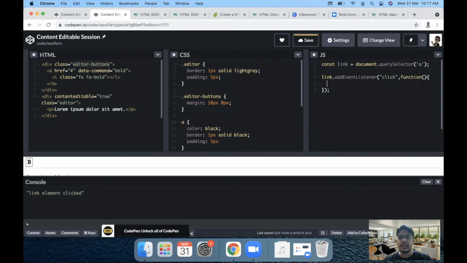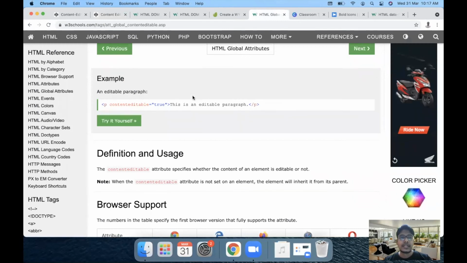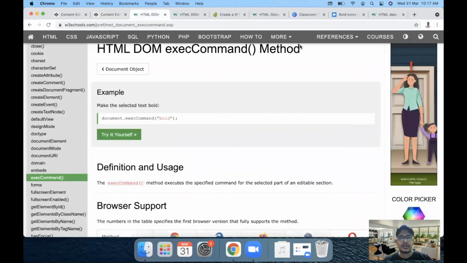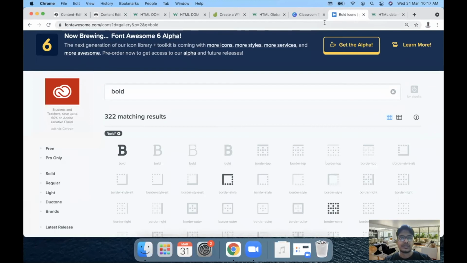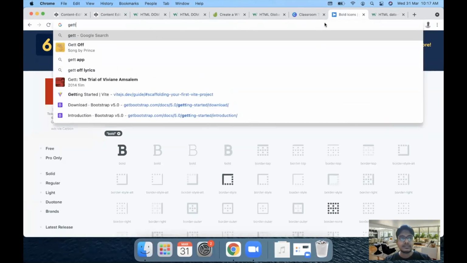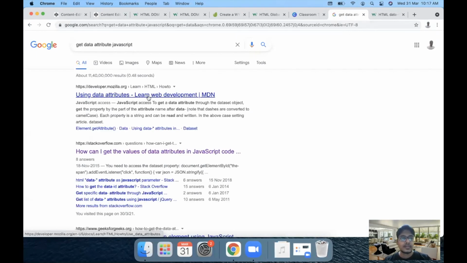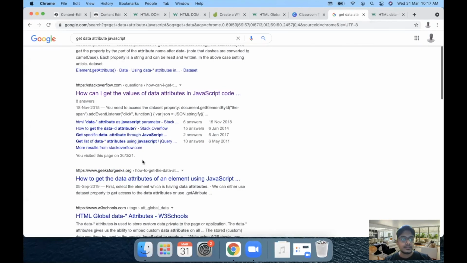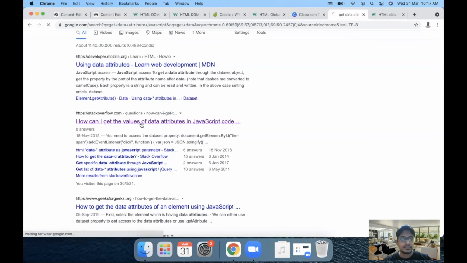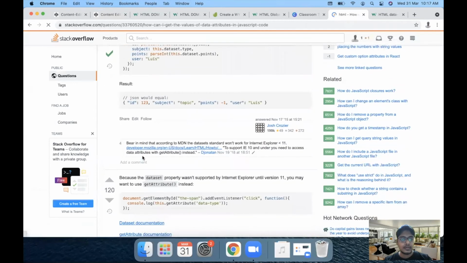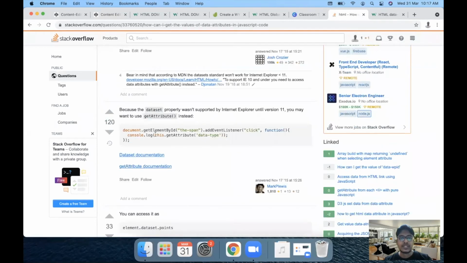Next, what we can do is we can get the value of our data command attribute. So for that we have getAttribute command. Let me just show you. With this .getAttribute, we can get the value which is present in our custom data attributes.